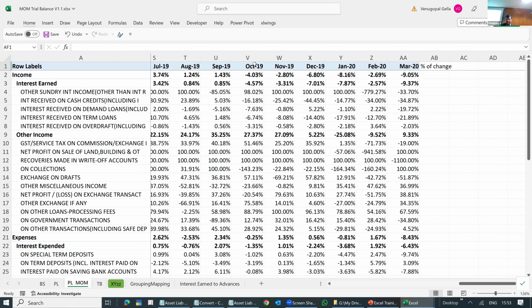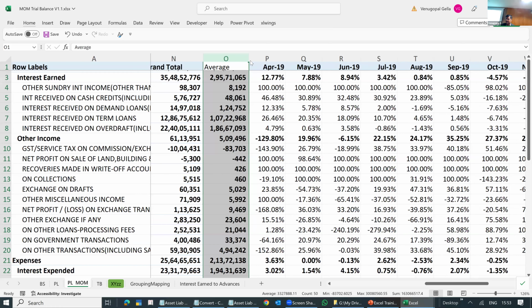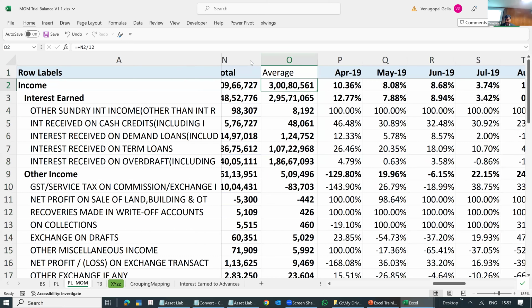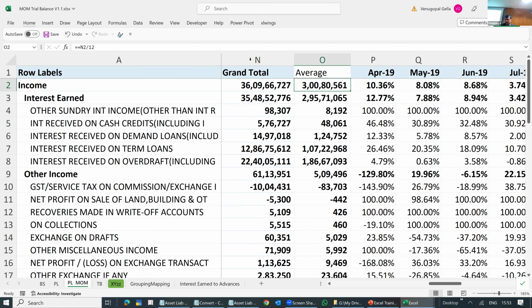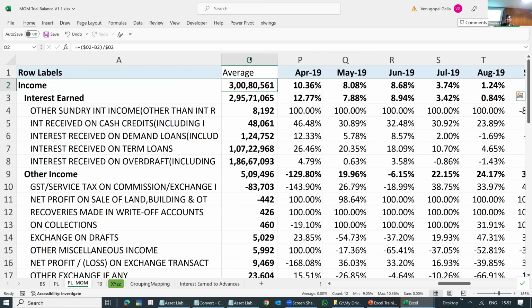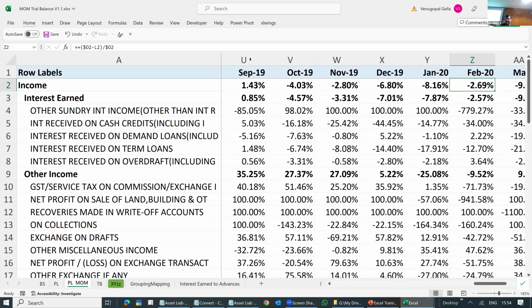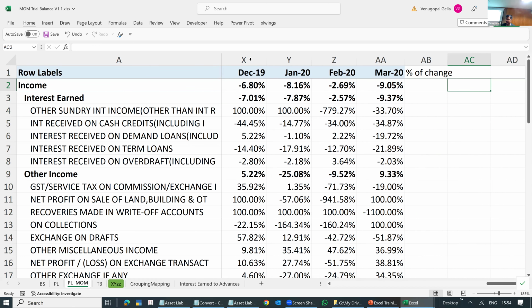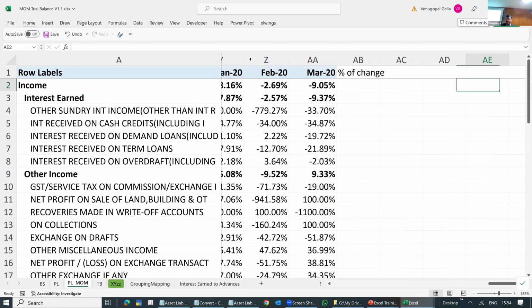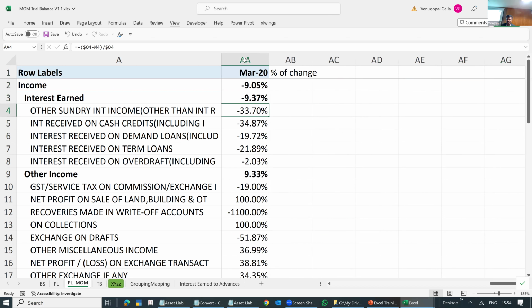What is my monthly average? My monthly total is there, my monthly average is there. And if my total is 100, this sum will always be 100. What is my change from previous month to current month, did it increase? Did it come down? How much does each month constitute of the total? You can do your understanding, your analysis of all the data. And you can build a simple graph which will give you an understanding of how these numbers are showing up.